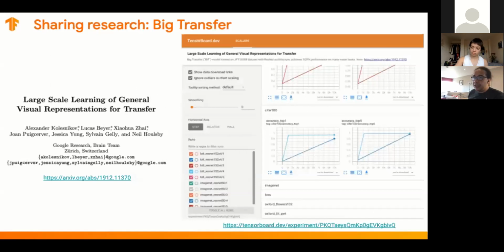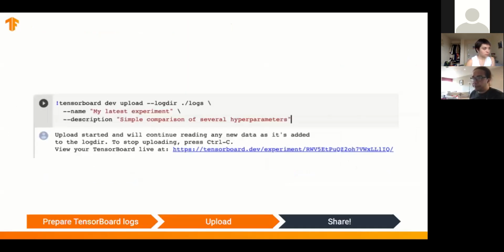And so we had this model called Big Transfer that was published in May, I guess, if I'm not wrong. There are a bunch of models because they're related to image, and they're related to size, right? So there's a bunch of sizes. The model is on TensorFlow Hub, and the training logs are on TensorBoard. There's a link there, you can just search later. So we are using this to share research results and also to share the model with the community.